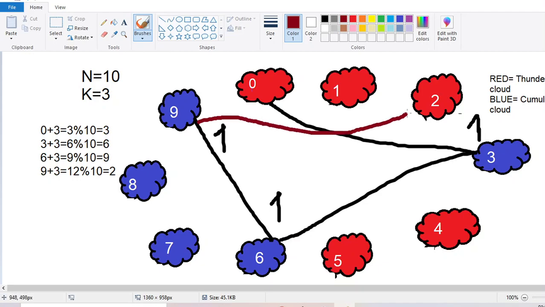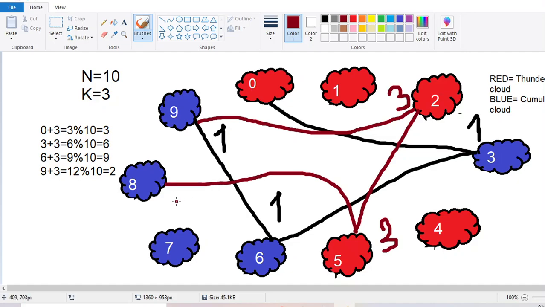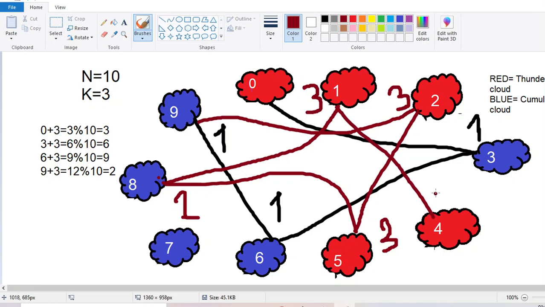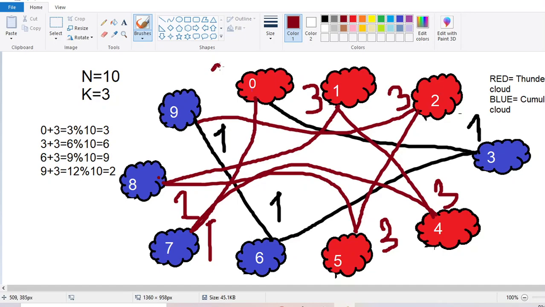From 9 it will go to 2, now it has lost 3 energy. From 2 to 5, again 3 energy will be lost. From 5 it will go to 8, 1 energy lost. From 8 it will go to 1, again 3 energy lost. From 1 to 4, 3 energy lost. From 4 it will go to 7, 1 energy lost. From 7 it is finally 0, again 3 energy lost, and the game will end, and the total energy